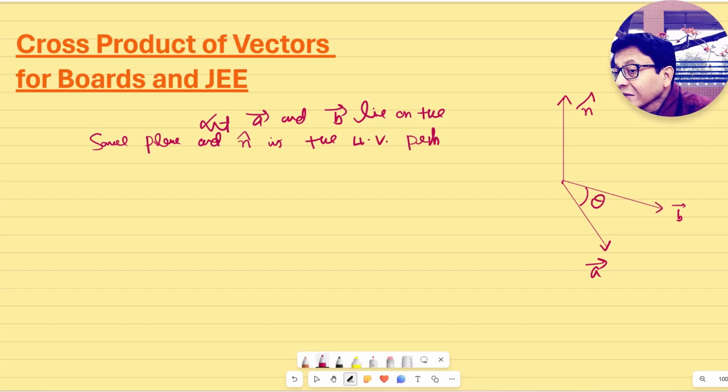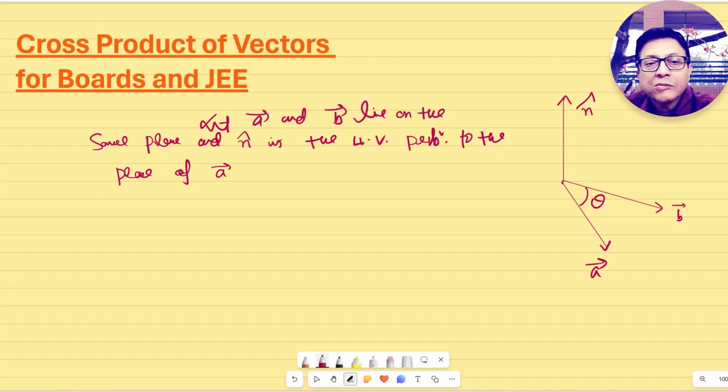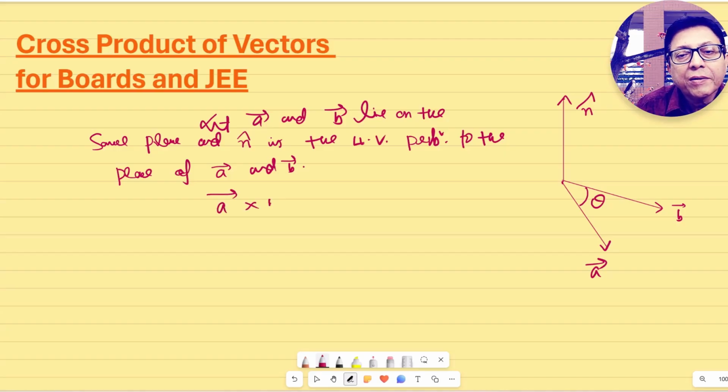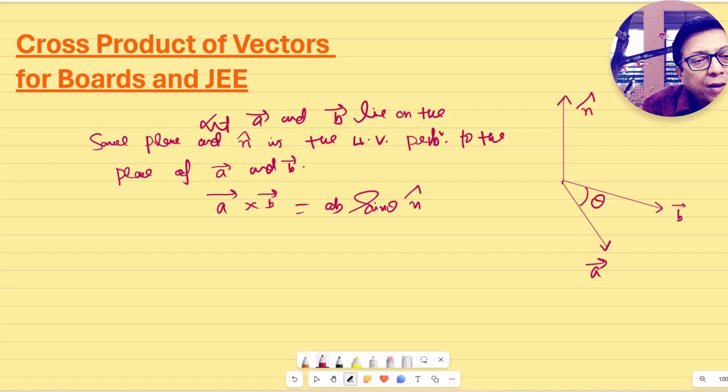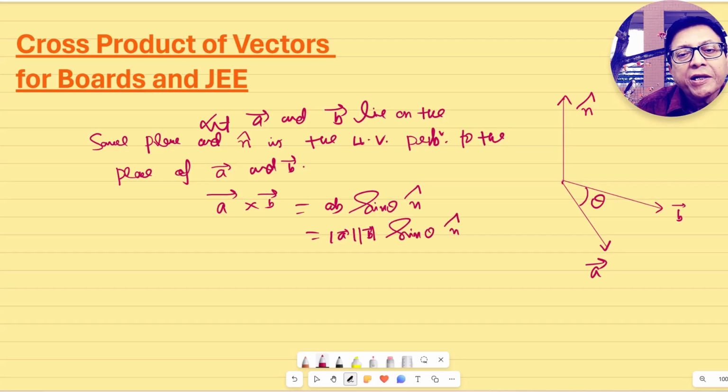Two vectors A and B are there, and n cap is the unit vector perpendicular to the plane of A and B. So let A and B lie on the same plane, and n cap is the unit vector perpendicular to the plane of A and B. Then A cross B is given by